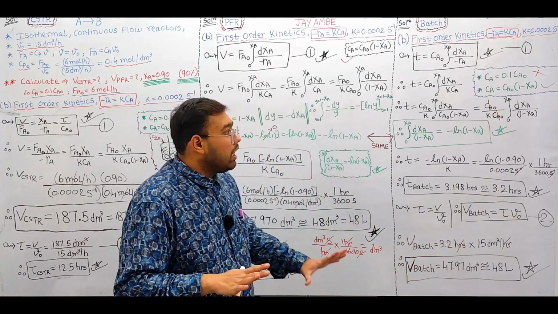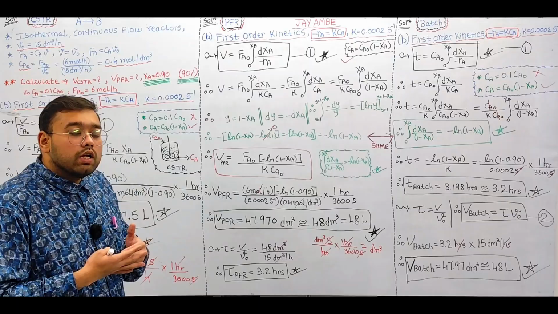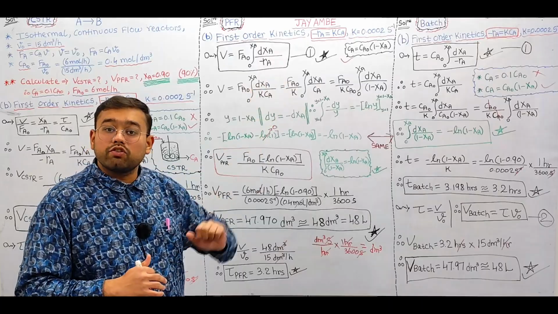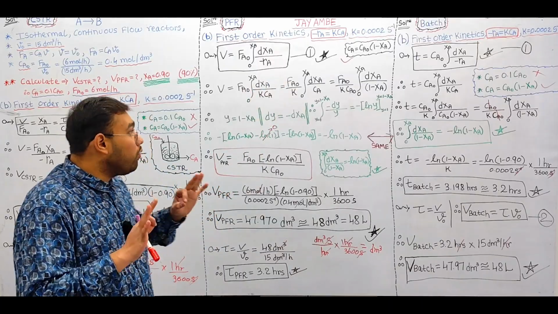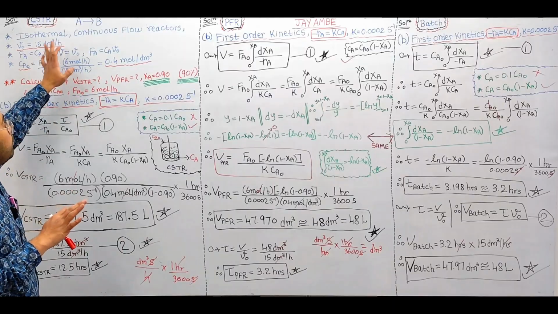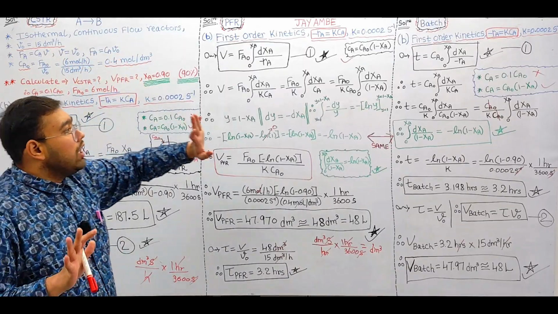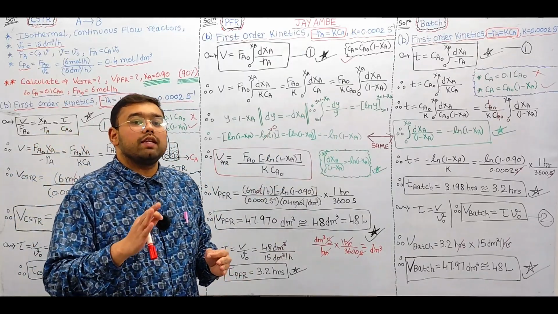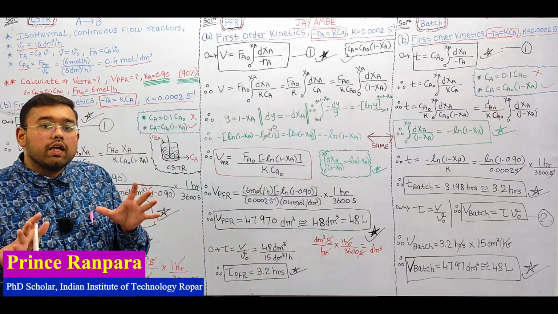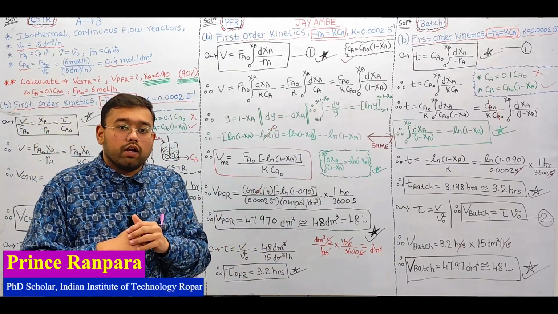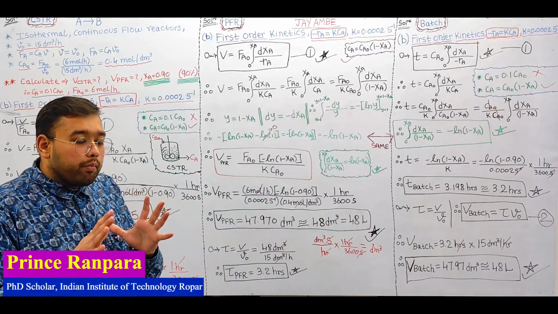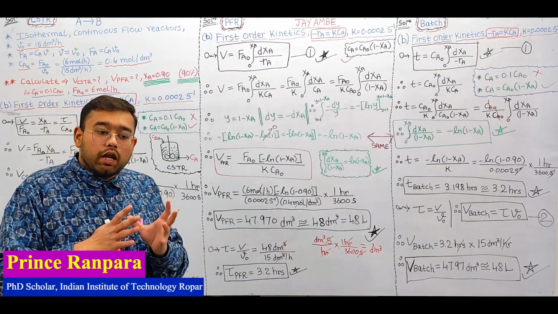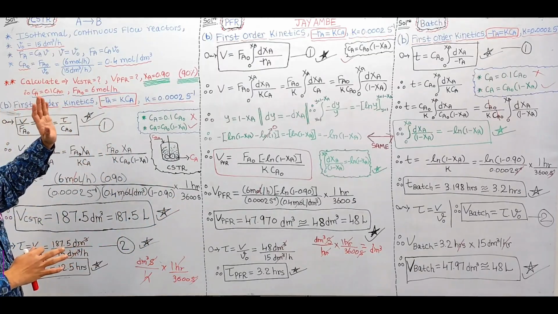And we'll also try to solve what if we design a packed bed reactor instead of CSTR, plug flow reactors or batch reactors, then how much for the same operating parameter conditions, right? We will keep all operating parameter conditions identically the same. We'll use similar first order reaction kinetics for the given rate law, minus rA is equal to k CA, and we'll try to design for the packed bed reactor. We'll compare how much volume of the reactor, how much space time, and how much weight of the catalyst is required in order to achieve the desired conversion of